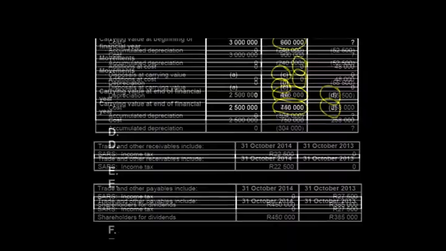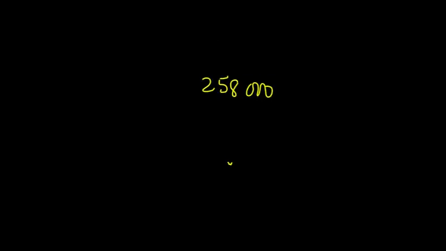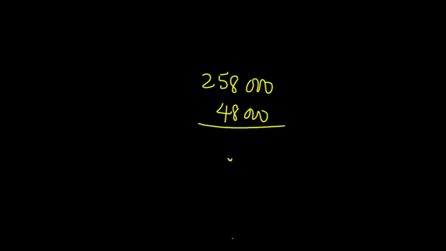I am told that I purchased equipment to the value of 48,000 rand. Can you see that? You bought equipment to the value of 48,000 rand. So clearly, if you come back here and you say minus 48,000 rand, okay, this will give you a figure of